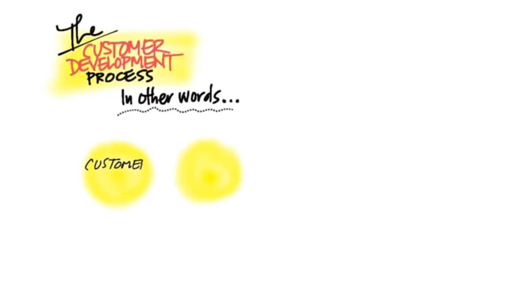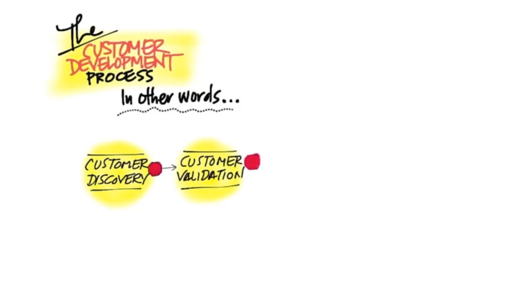The first step is customer discovery. This is where you construct your hypotheses and you get out of the building and start testing your assumption about whether other people have the same problem or need you think they have. And then you're going to do customer validation and actually see if your proposed solution matches what you think the customer problem was. And this test between problem and solution and your features and customers is sometimes called product market fit. That's what you're out testing.